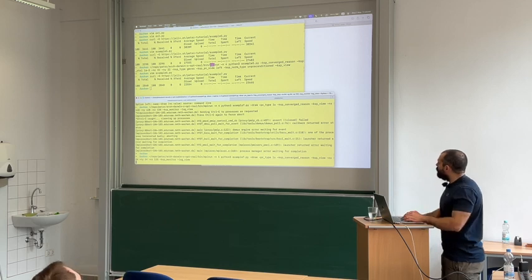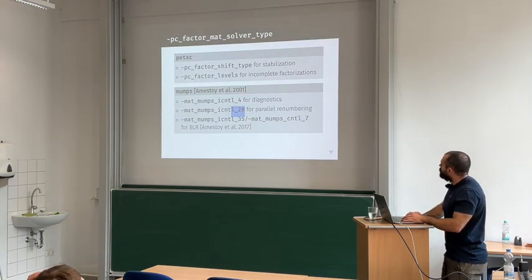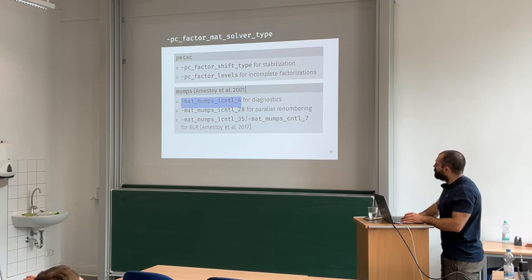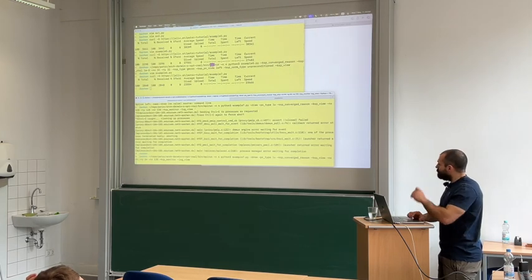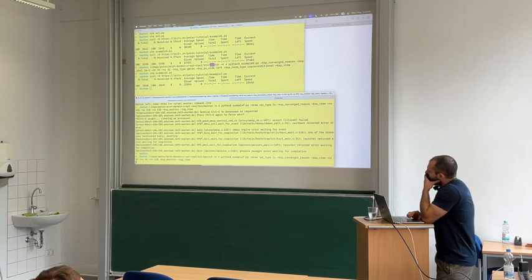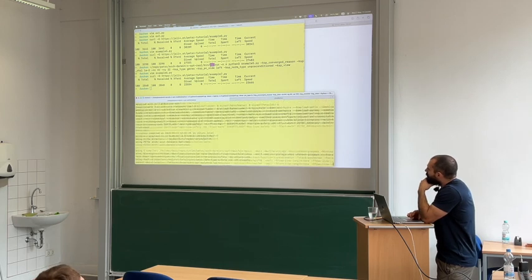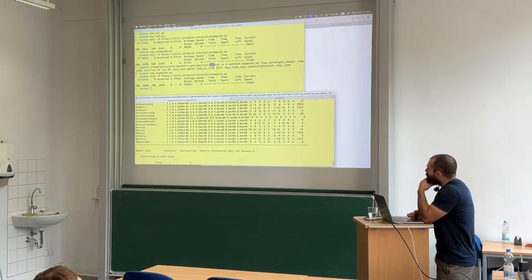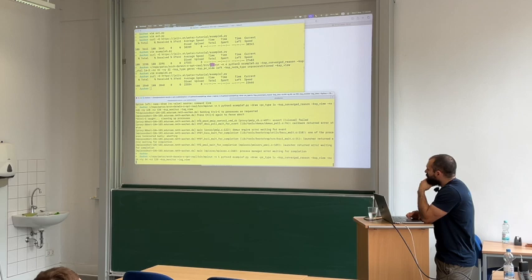While this runs, I will copy paste the options. First I will look at the diagnostics. We could go back to the 64 by 64 by 64 problem, but I think 8 seconds is too fast